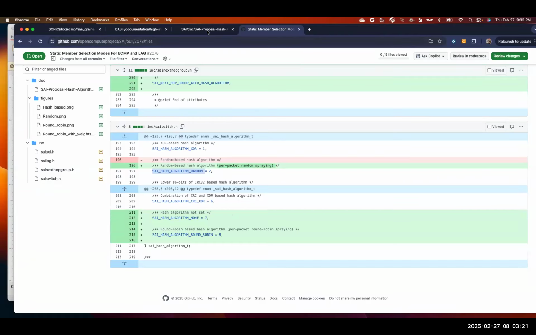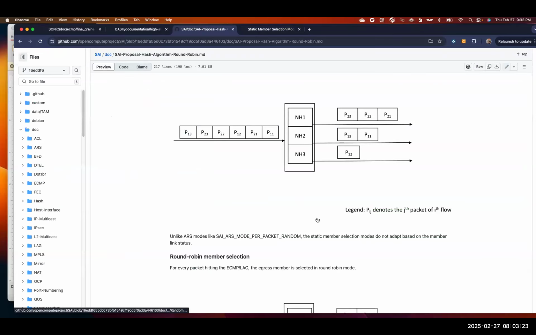Thank you. Jay, the second one is after this. Today, we can set this selection at a switch level. We are extending it to do a fine grain selection by using an ACL. We can select for particular flows or particular protocol type, and set the selection mode to random or round robin. And the second is on a per lag object level or a per next hop group level, where we can again set the selection mode.